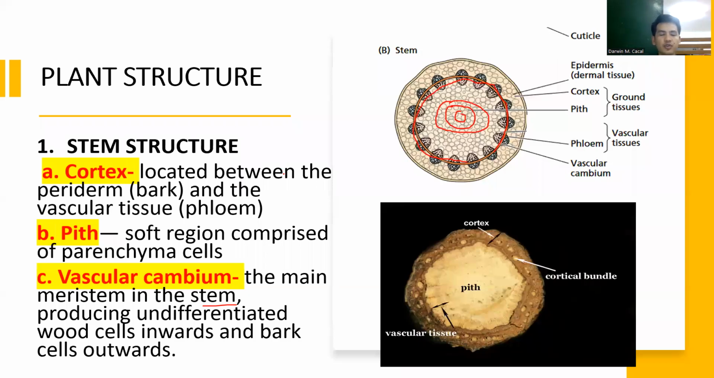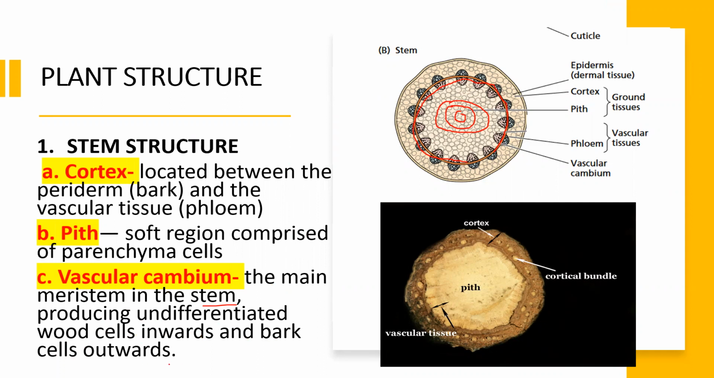Okay, so due to the trouble of the internet connections, I will be continuing discussing the plant structure, under the stem structure, the parts of the vascular cambium. So if we say vascular cambium, it is the main meristem in the stem producing undifferentiated wood cells inwards and